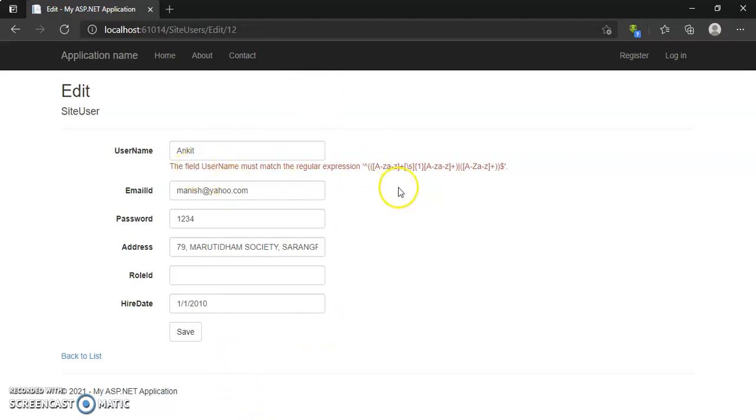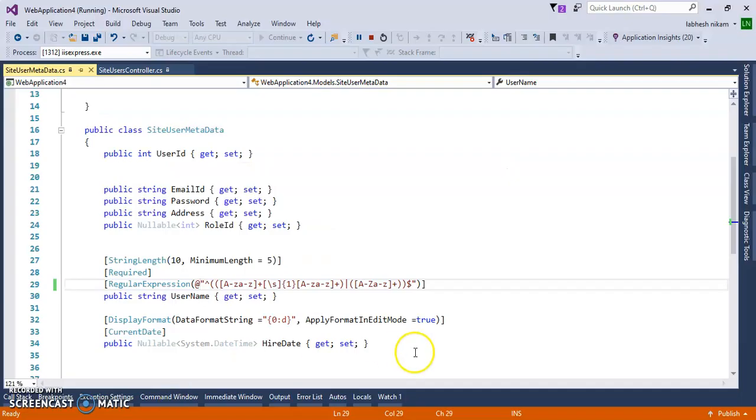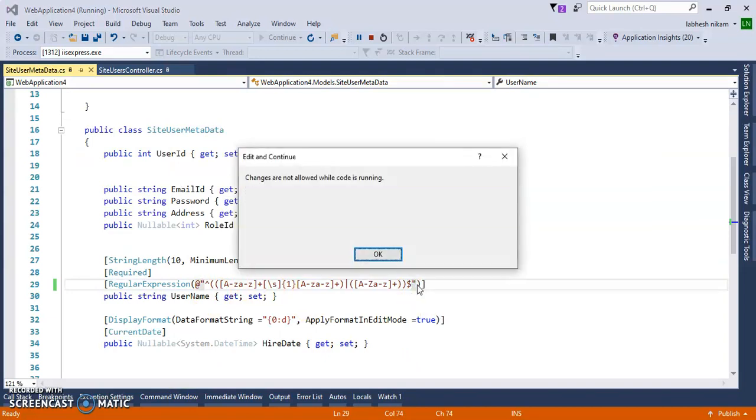For a custom validation error message, we have to change the error message.